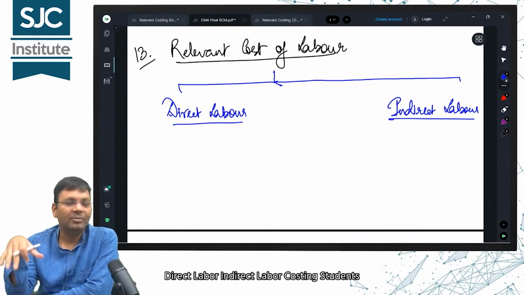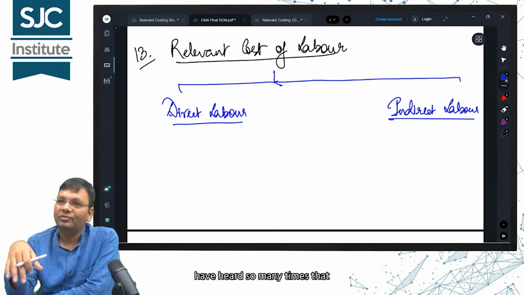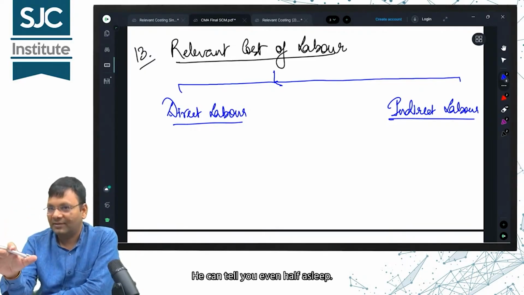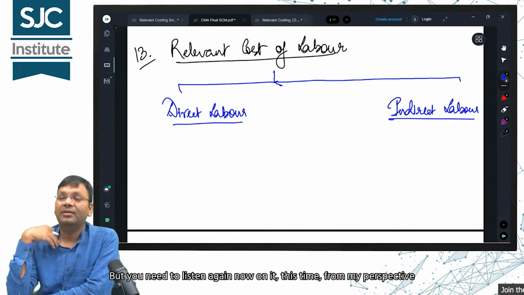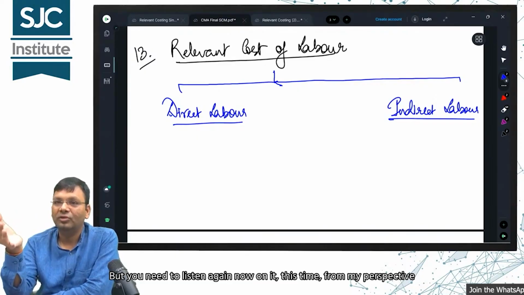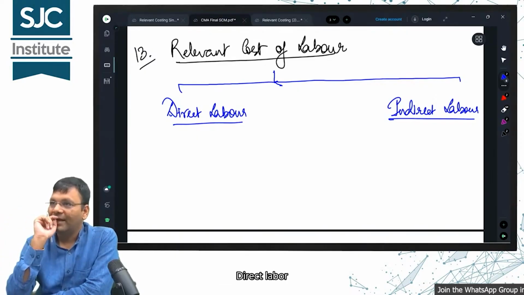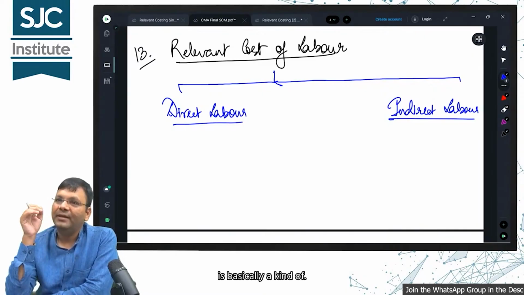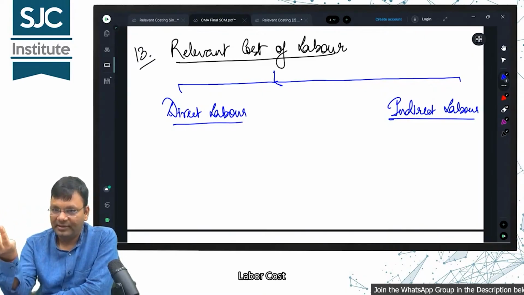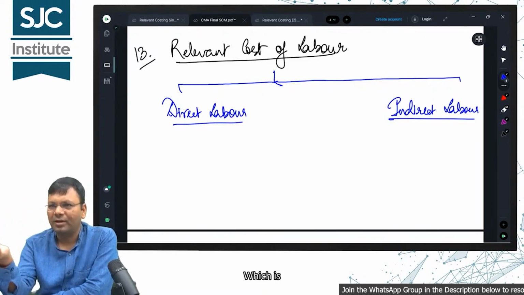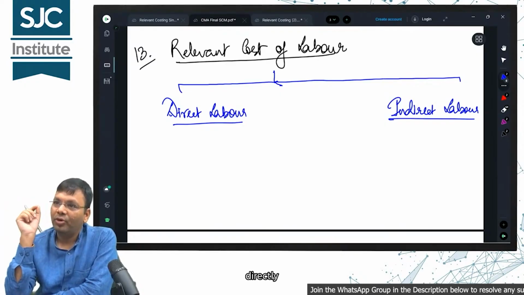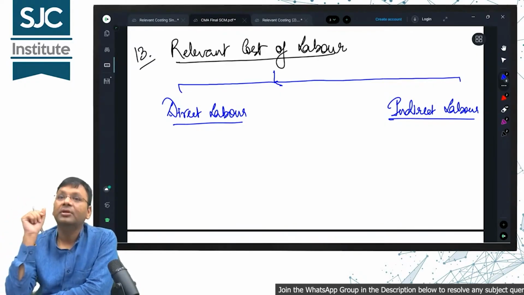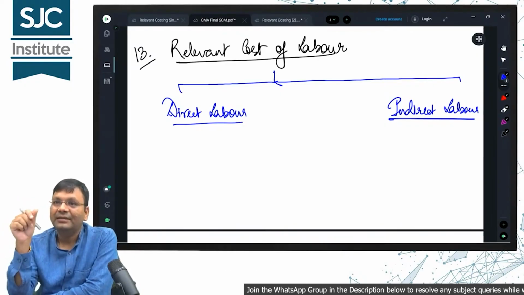Direct labor, indirect labor, costing students. You have heard this so many times that you can tell it even half asleep. But you need to listen again now. This time, from my perspective, direct labor is basically a kind of labor cost or worker which is directly applied on a product and job, okay,